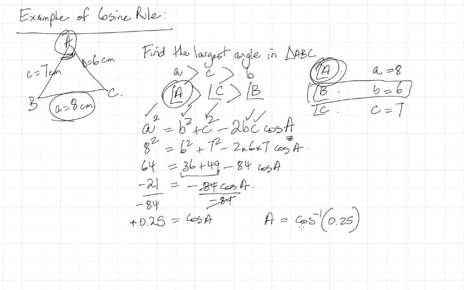And if we put that in our calculator, shift cos, it'll open the bracket, put 1 divided by 4, or 0.25, close bracket, and we'll get 75.52 degrees. So we're expecting that to be the largest angle. We can validate that. Having worked out 75.52,